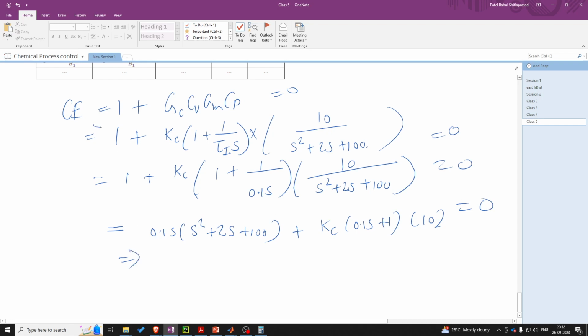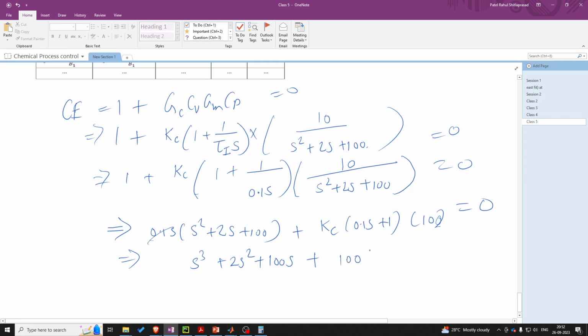And that implies 0.1 S cube. Let's just take the 0.1 as common. Basically, let's just divide the equation by 0.1. So that will become 100 over here. So the characteristic equation will become S cube plus 2s square plus 100s plus, am I doing it correct? Yes, plus 100